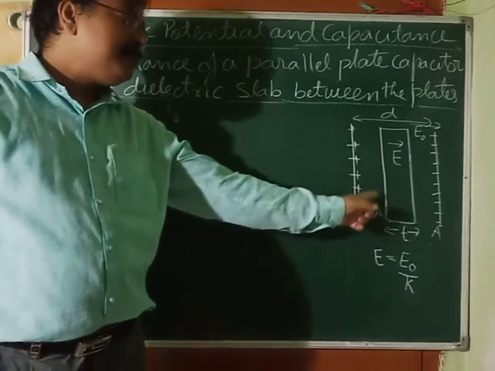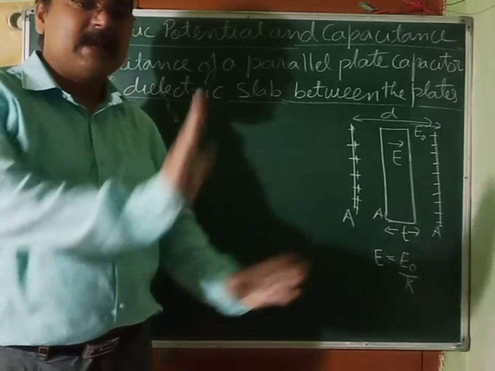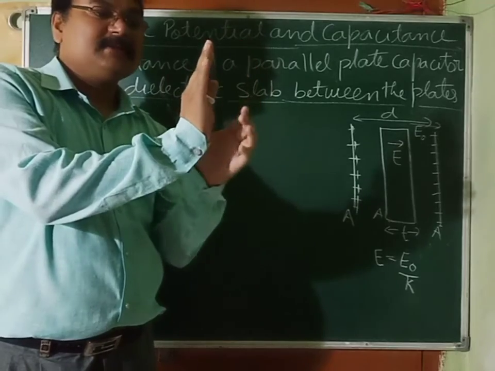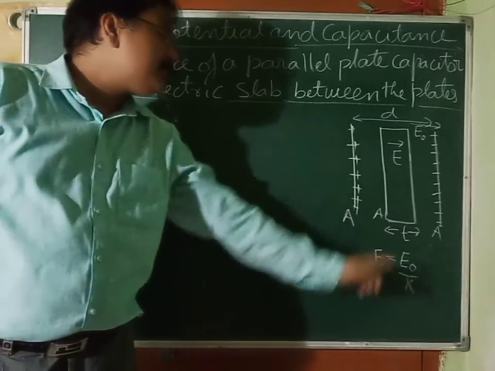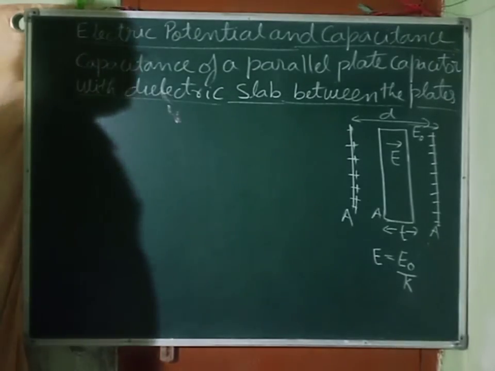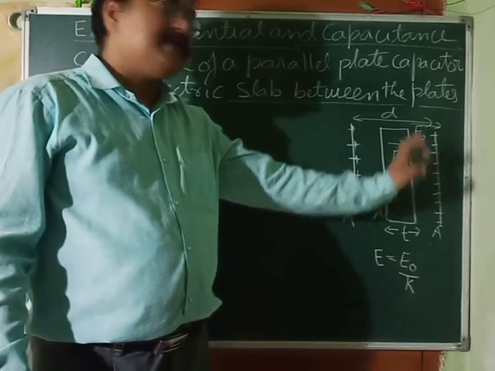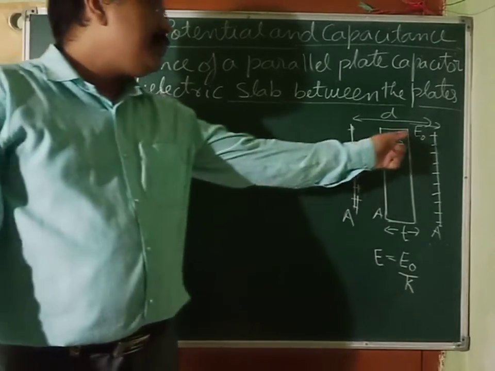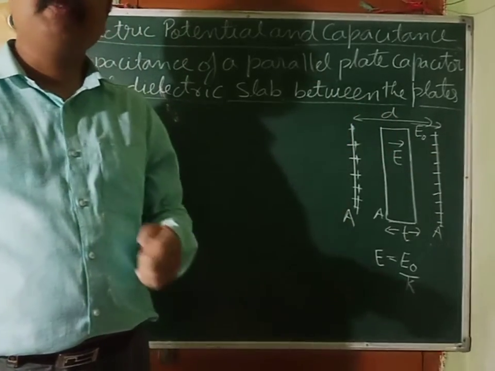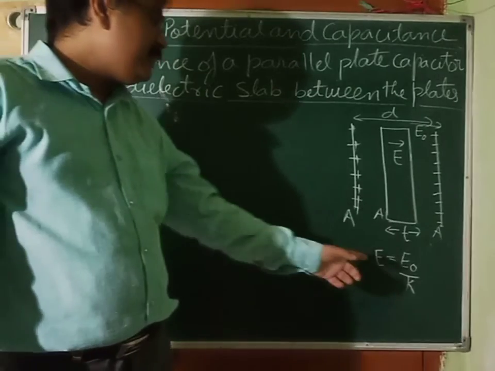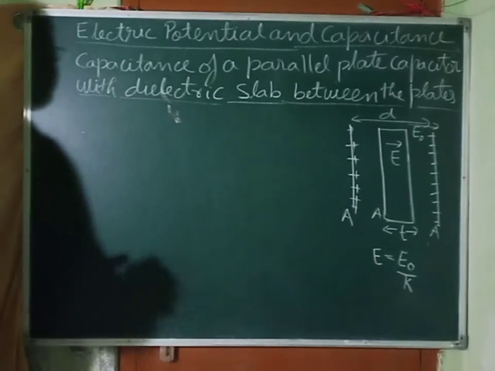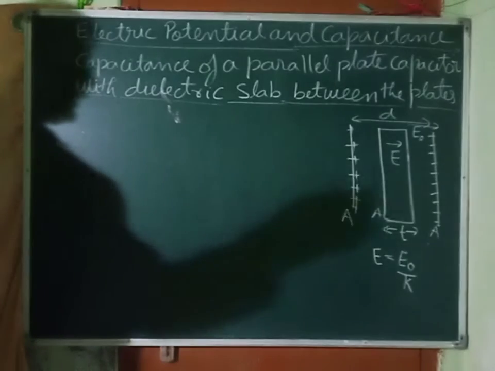Now what is the area of this slab? Obviously this slab also has the area A. The slab is like this, a thick one. So this is the area, and this is the thickness, t. Now if the electric field outside, that is in the free space region, is E naught, obviously the electric field inside will be lesser than that. Already we have discussed, it will be E naught minus E_P, that is the electric field due to polarization of the dielectric. And finally we get E is equal to E naught by K, where K is the dielectric constant of this slab.